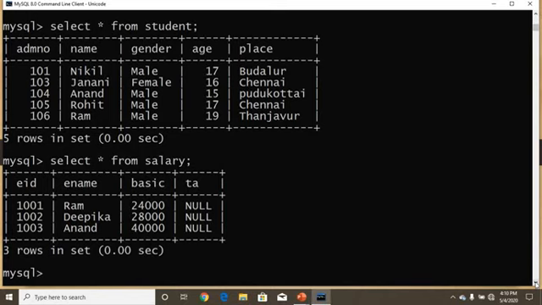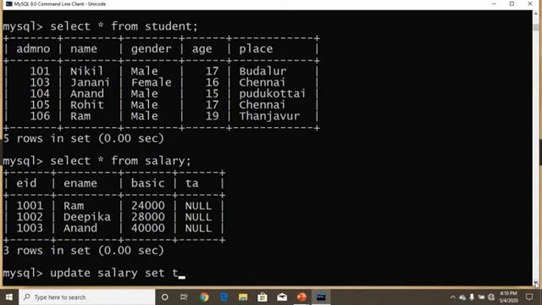We are going to calculate the TA value as just 10% of their basic. 10% of basic is their TA value. How to set that? By using the update command, we can fill the TA column. See, update, table name salary, and then the set keyword. We are going to set a value for TA.